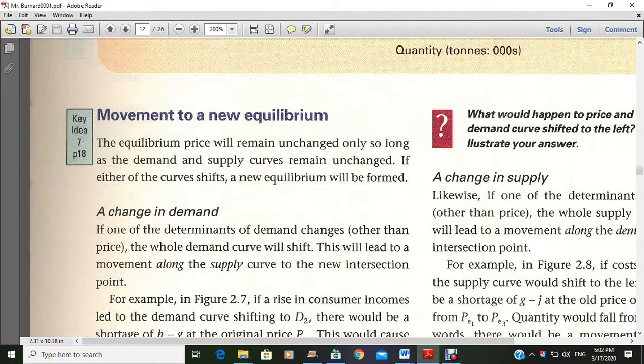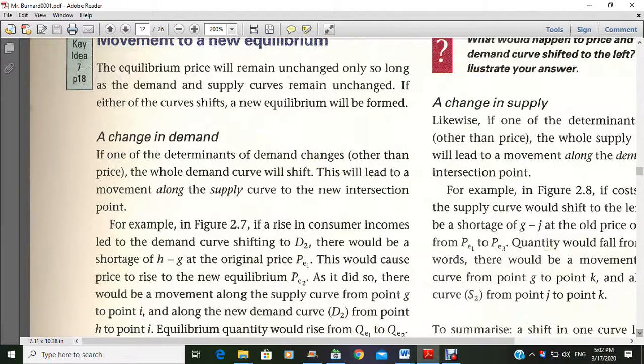Movement to a new equilibrium. When does that occur? The equilibrium price should remain unchanged only so long as the demand and supply curves remain unchanged. If either of the curves shifts, a new equilibrium will be formed. Let's look firstly at a change in demand. If one of the determinants of demand changes other than price, the whole demand curve will shift,